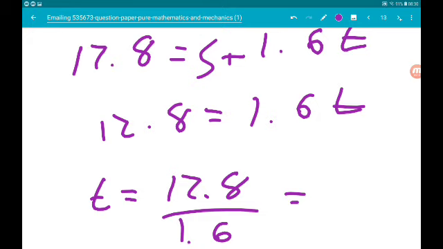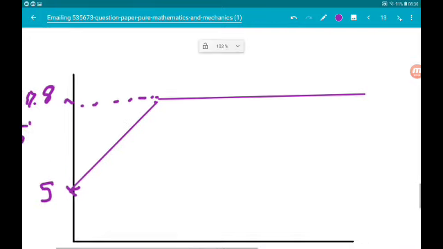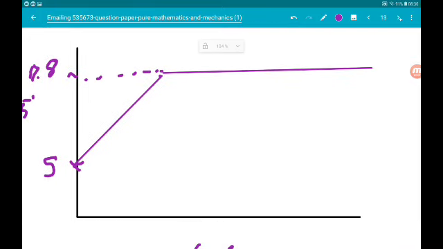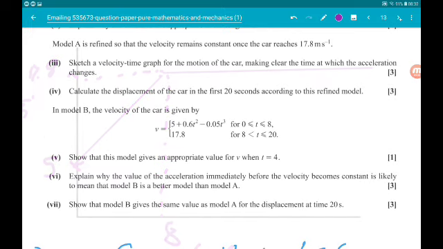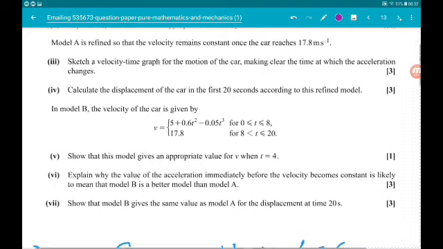8 seconds. So the time at which the acceleration changes is 8 seconds. Cool. Part 4 for another 3 marks wants us to calculate the displacement of the car in the first 20 seconds according to this model. Okay, so